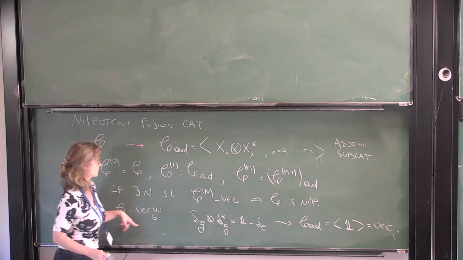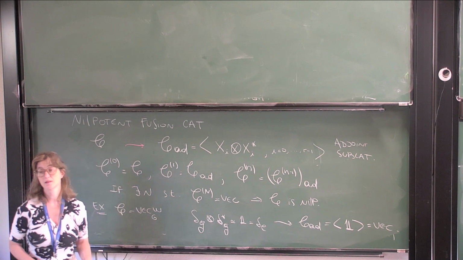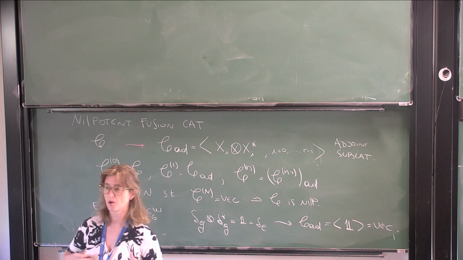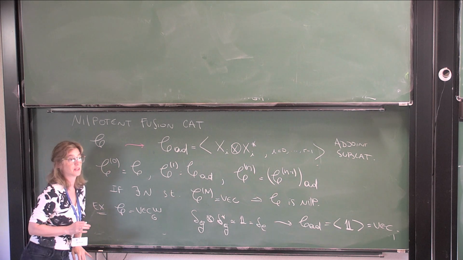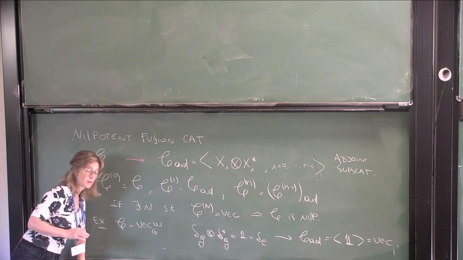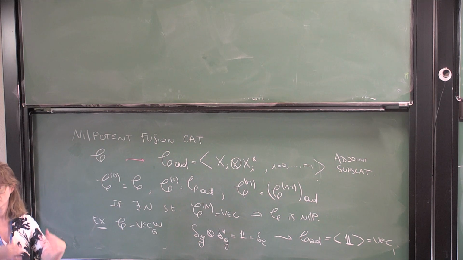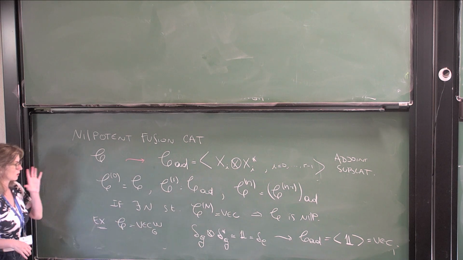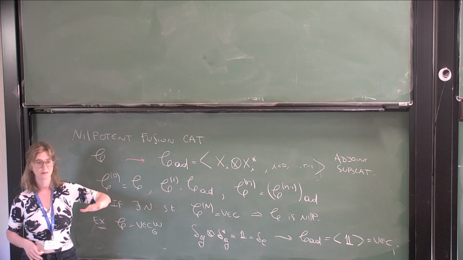So if you see, this was true for any group. If you want to know when this category is solvable, it's if and only if the group is solvable. So something that happens is that for groups, nilpotent implies solvable, but for fusion categories, it doesn't. Now, if we add the restriction that the category is braided, which I don't have here in general, it will also be true that nilpotent implies solvable. So it's a little bit different, but I wanted to mention, and one important thing is nilpotent, because of this definition, only depends on the fusion rules.